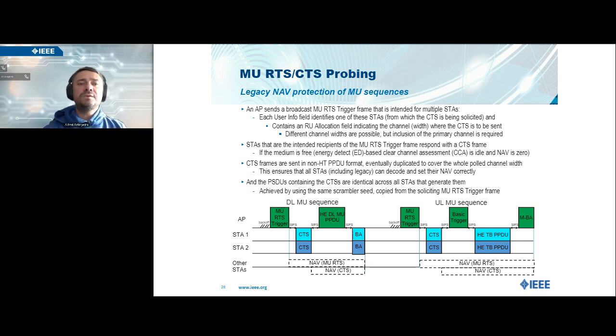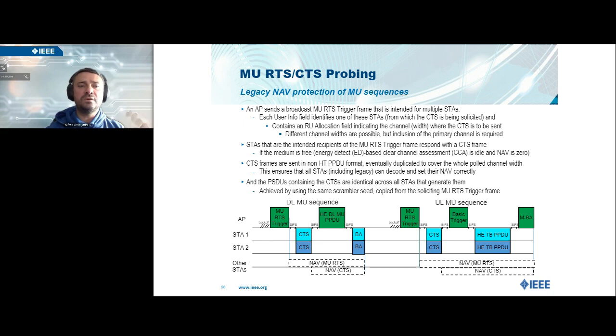So now, because of the CTSs that are being generated by the stations, it is going to be difficult for the access point to determine which of the stations responded, because the CTSs only have a receiver address, which is the address of the access point. The access point is going to have ambiguity as to which station responded, so it has to make a best guess, if you will, of which of the stations